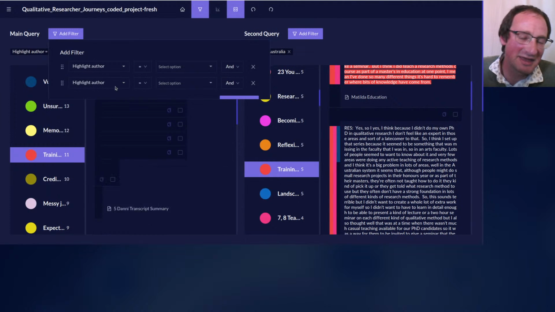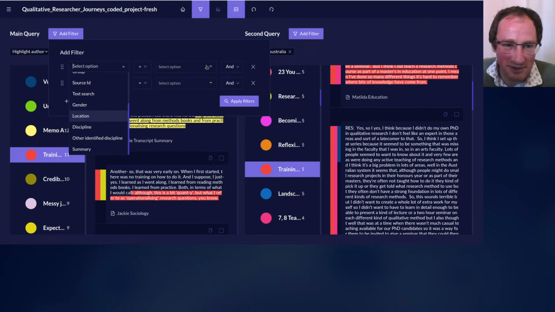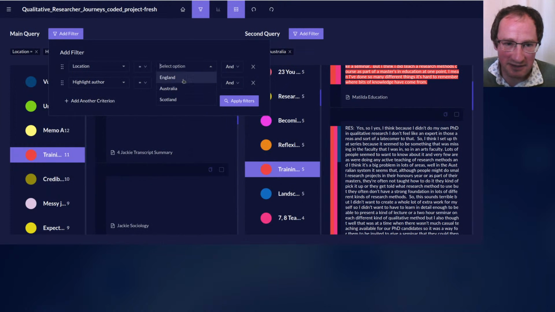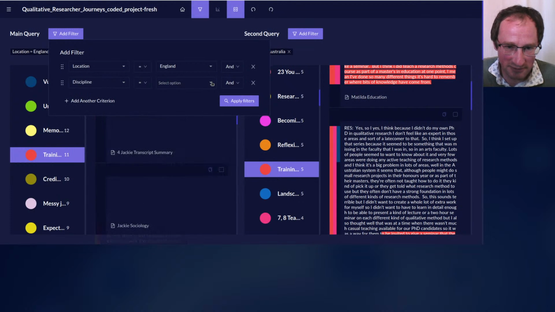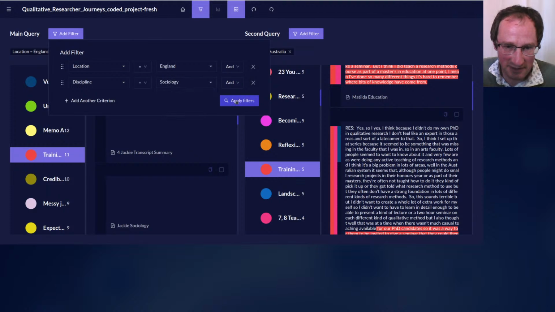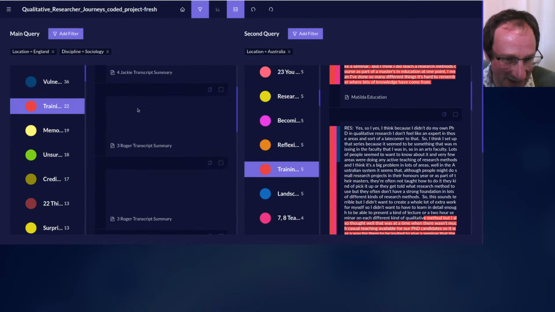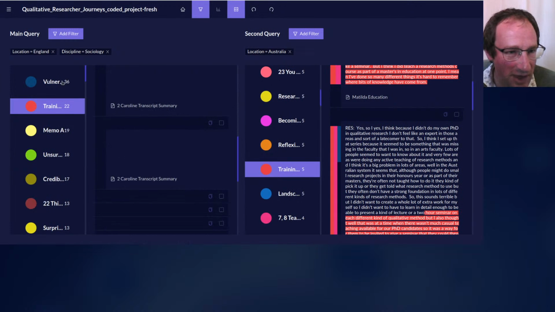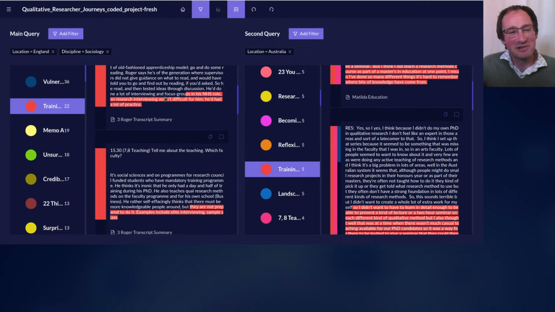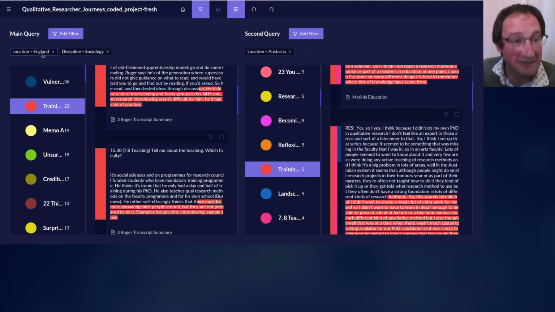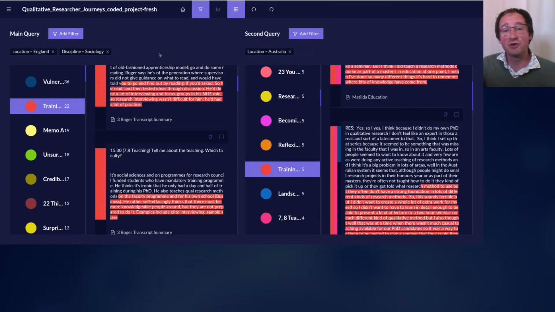add another criterion. So we can have, let's do what we aimed to do before. So location equals England, and then discipline equals sociology. And now we're seeing results. It might just be Jackie, yeah. Oh no, Roger. Okay, oh right, okay, right. There's quite a few sociologists in here. Okay, so now we're looking at people which are based in England and were based in sociology. So you can add more and more